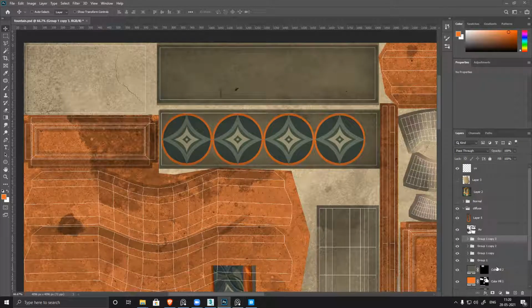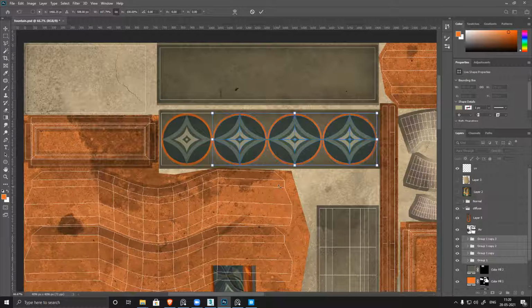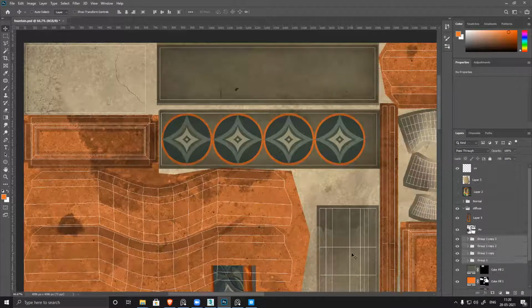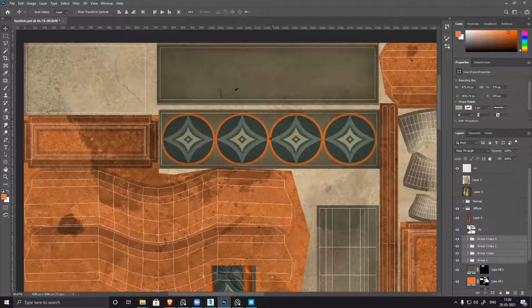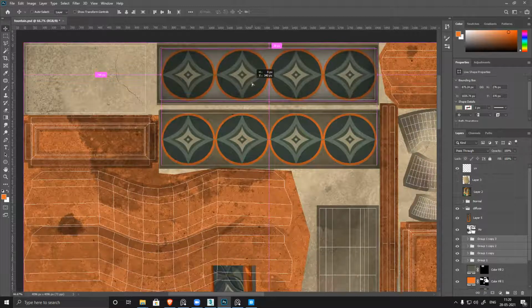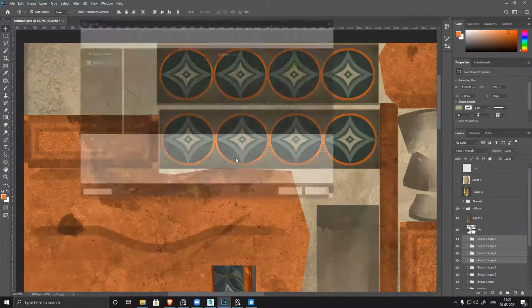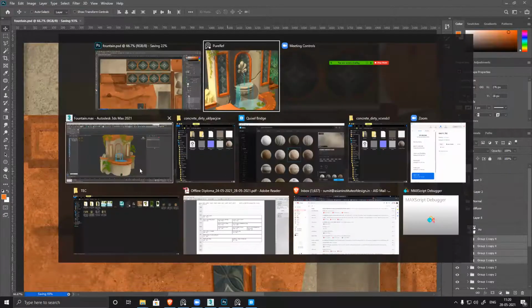To manage that, because I don't want that gap, I'll select all of them together, shift slightly, align it nicely, and then duplicate it here also. And save your PSD. Go back to file.